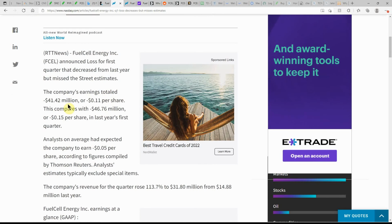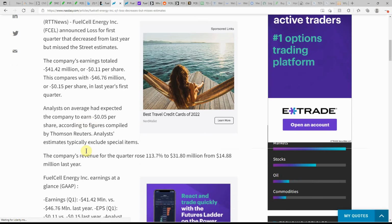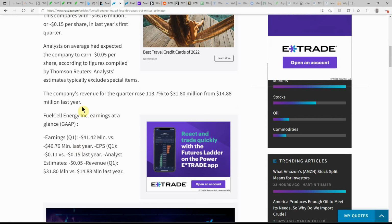So their earnings totaled minus $41.42 million, or minus 11 cents per share. This compares to minus $46.76 million, or minus 15 cents per share in last year's first quarter. So doing a little bit better, but the stock is still struggling, so that's to be expected where they're still showing losses. So the company's revenue for the quarter rose